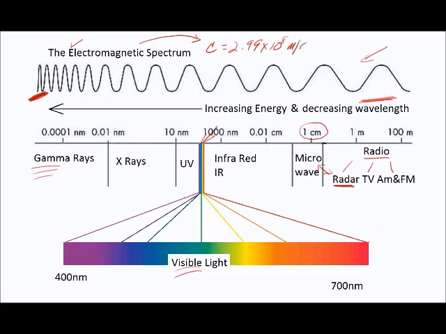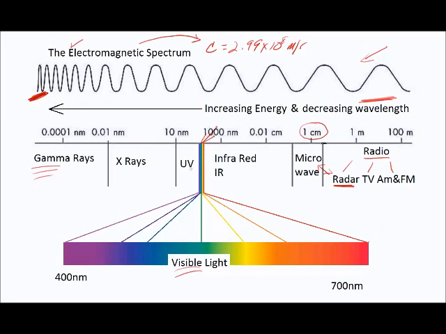Things to remember again: remember that the electromagnetic spectrum is energy that's released by atoms, radiated by atoms. It travels through the vacuum of outer space at the speed of light, 2.99 times 10 to the 8th meters per second. Remember that the wavelength and the energy of the wave are inversely proportional. The shorter the wave, the greater the energy. Also, remember some very common types of electromagnetic energy: damaging short waves on the gamma ray end of the spectrum, X-rays, a little bit longer than the gamma rays but still very dangerous,